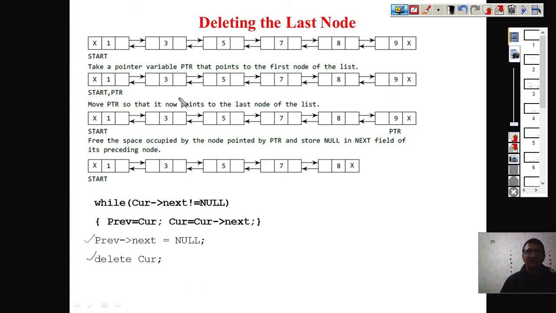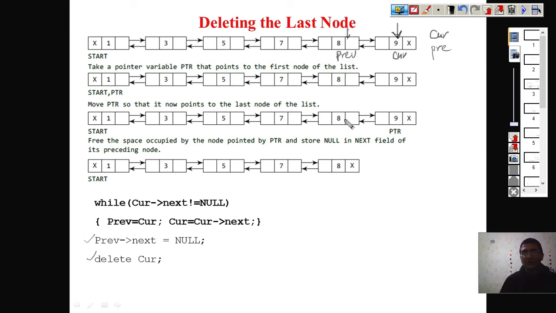So the very first thing is you need to reach the last node, and then only we can delete it. Now here we will use the same logic. We use two pointers, current and previous, which keep on moving from node to node. So we make a condition so that it will stop at the last node. So how can we stop at the last node? You check current next is not equal to null. So until this next field is not equal to null, you keep on moving, and when you stop at that point, this node is pointed to by current, and the previous node is pointed to by previous. This is what we have achieved when we come out of the loop.